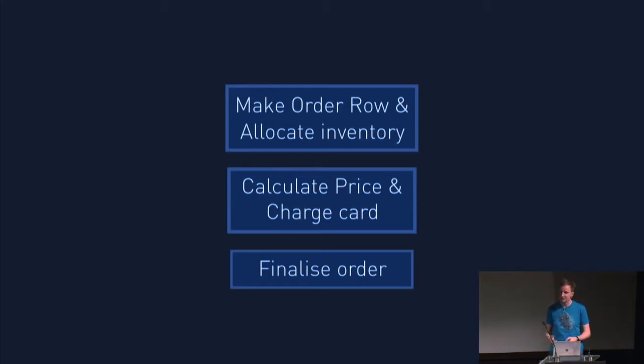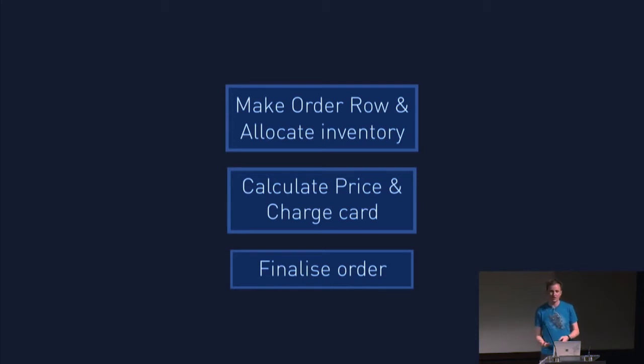Eventbrite, of course, is a ticketing platform. This means that you purchase tickets, we charge your credit card or other payment type, and then we send you ticket barcodes in your email. The old site looked something like this. There was one function that made a new order row when you click the start button and wrote some tickets to a preliminary state. Another function then took those rows, worked out how much they cost and charged your card for them. And then a third function, when that had finished, went, okay, the payment's gone through, we can mark the order as final and send the barcodes.